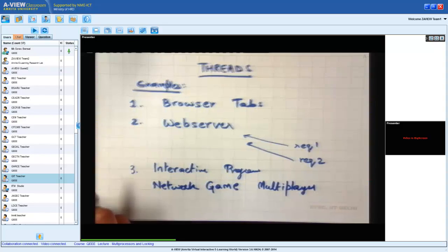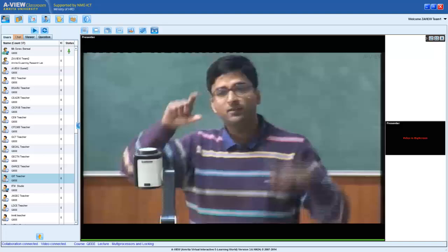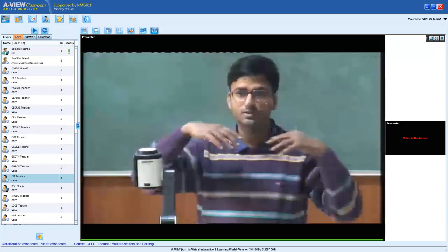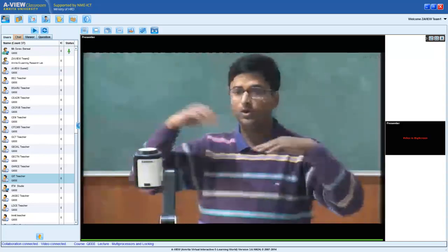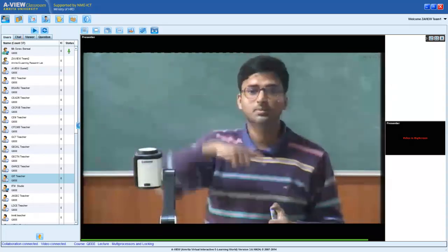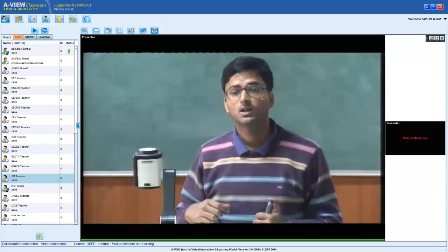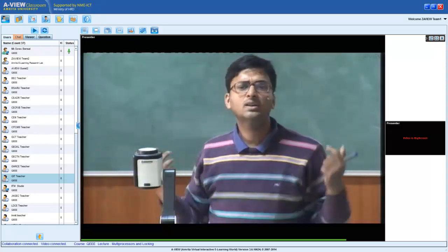One way to implement a network multiplayer game is that this is a game which involves multiple computers, and one player is sitting on each computer. Let's say there are 4 players, one on each computer, and they're playing the game. So how are they playing the game?